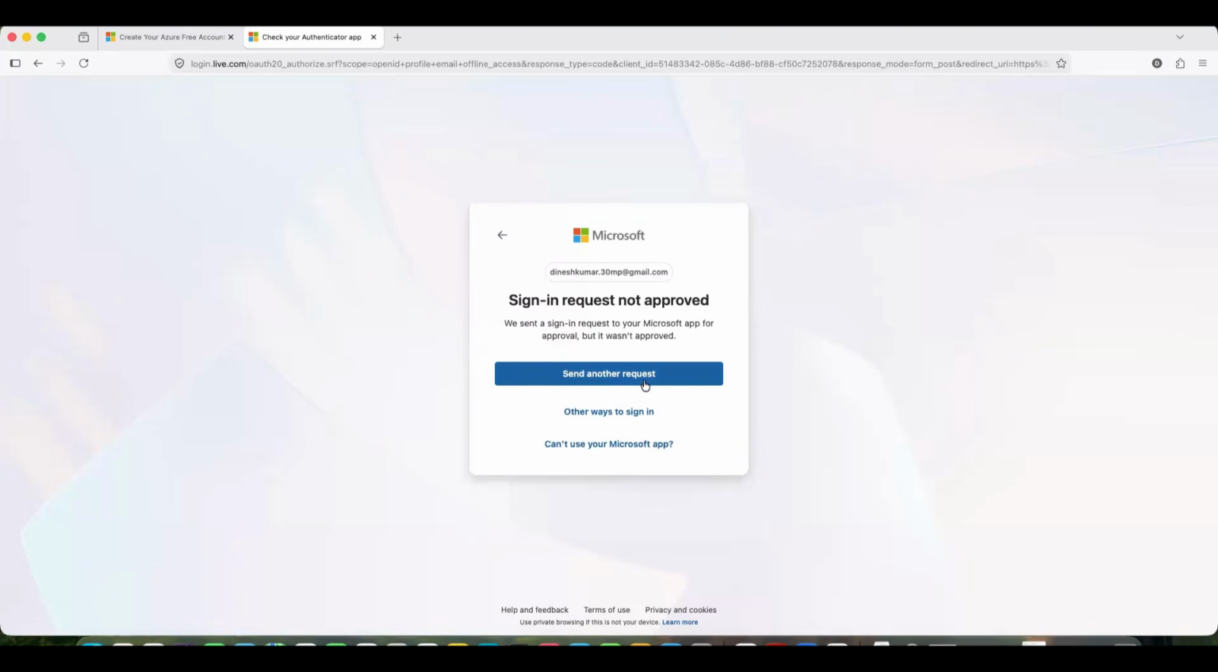See, once the tenant is created, it will ask you to sign in. Once the sign in is approved and the OTP is approved, you cannot reuse the same email ID to log in back. You have to create a new tenant, domain admin. Send another request. You need to approve, Dinesh. Yeah, yes. So actually there is